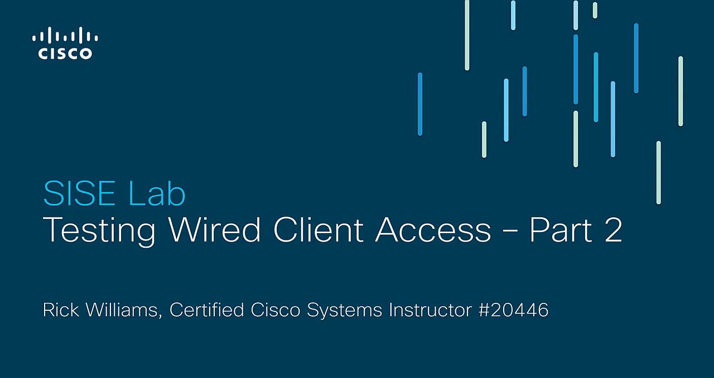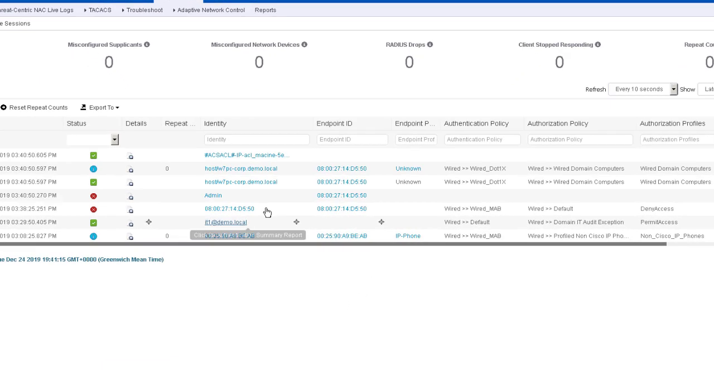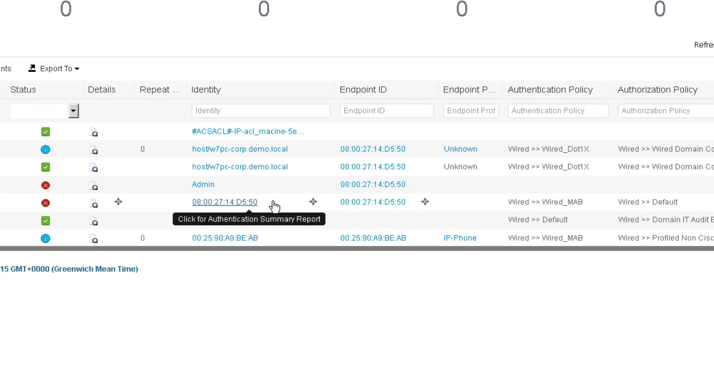Corp PC has been completely rebooted, and in the live log we see some reflections of the interactions that have occurred up to this point. Beginning with this particular entry. In fact, let's create a little bit of a filter to hide just the Corp PC MAC address, and we